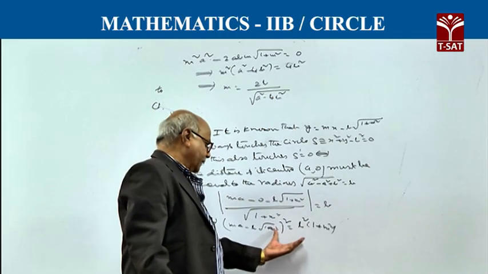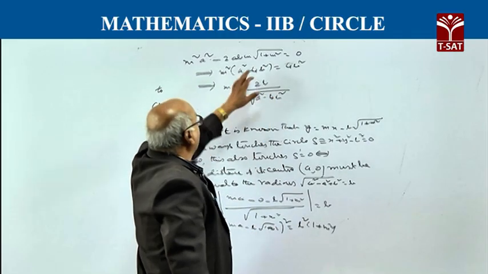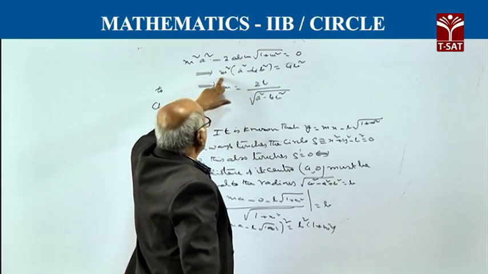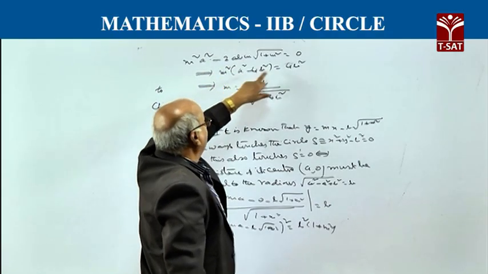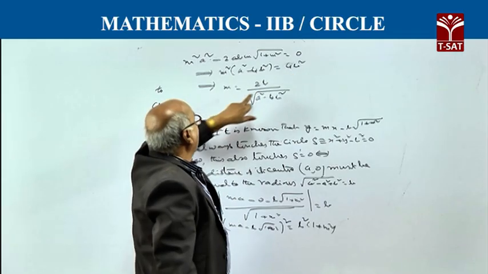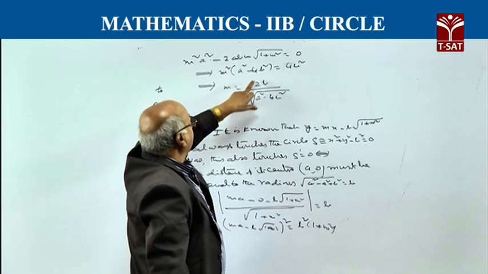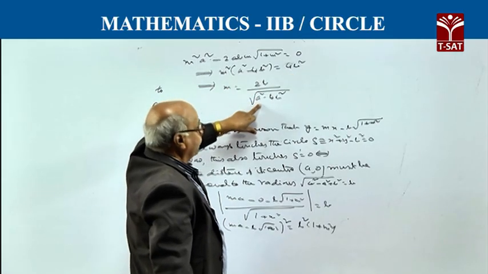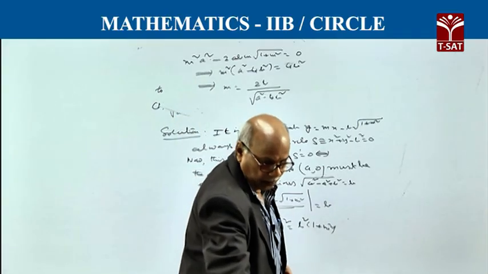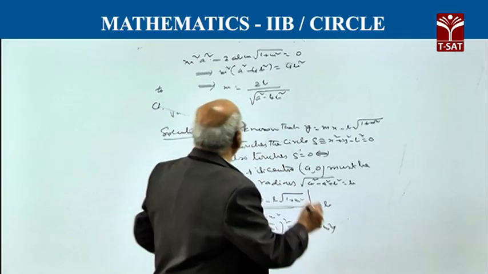You expand the brackets and simplify it, you will get m square into (a square minus 4b square) is equal to 4b square, or that is m is equal to 2b by root over a square minus 4b square. So, the answer is